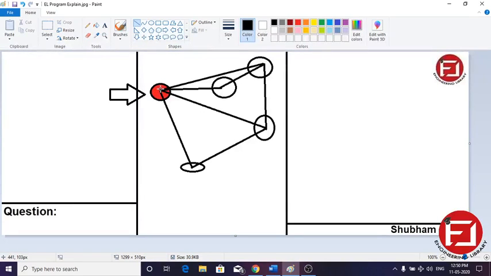So the adjacent sides are these and these, the 4 adjacent sides. So we have to color these with a different color. Suppose we are coloring it with yellow. So this can be colored yellow, this is also yellow, this is also yellow.